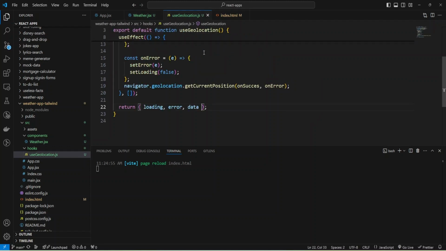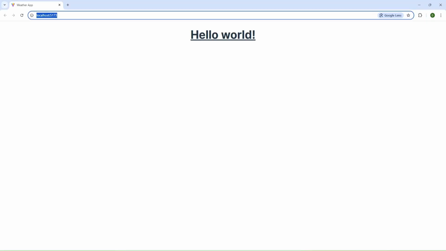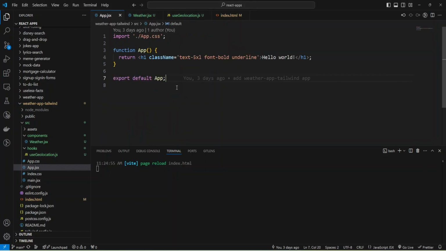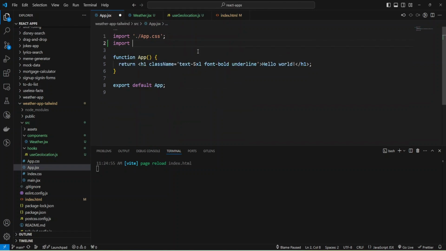Okay, and now I can change it to false to see this message and go to my weather, and inside app.jsx we need to import our weather component and provide it to our app component.